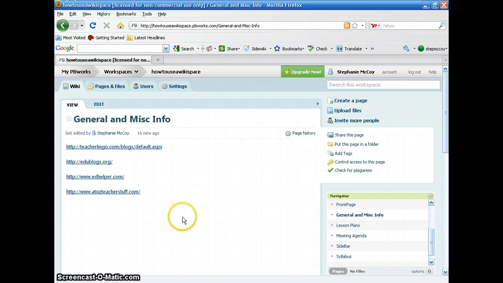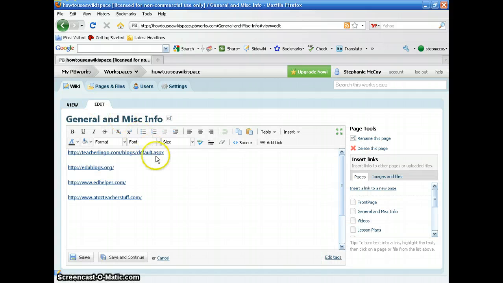I would come to my wiki page and add it. I would go to the edit button, click on edit, and I would come down to an empty space, hit enter, and then if I had a website I would like to add, a URL, I would come up, highlight that URL,